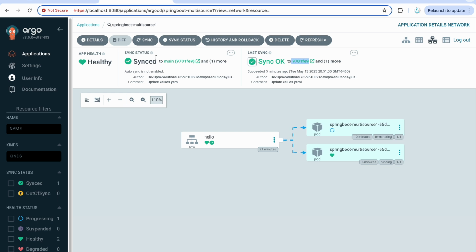And when your Argo CD, your continuous delivery, is running on the same Kubernetes cluster, it is a little bit fast also, because there is no latency. Everything is running on the same network. So your deployment is fast.